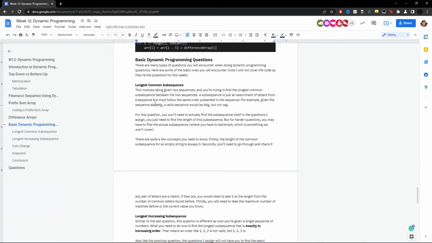And there are quite a few concepts you need to know to do the longest common subsequence question. So firstly, the length of a common subsequence between an empty string and another string is always 0, because you can't make a subsequence with an empty string. Secondly, you'll need to check if any pair of letters match. So let's say we're looping through one sequence, and we're looping through another sequence, all right? And we just have to check,